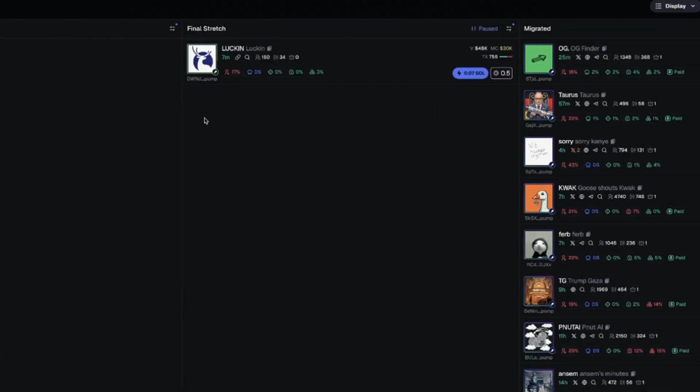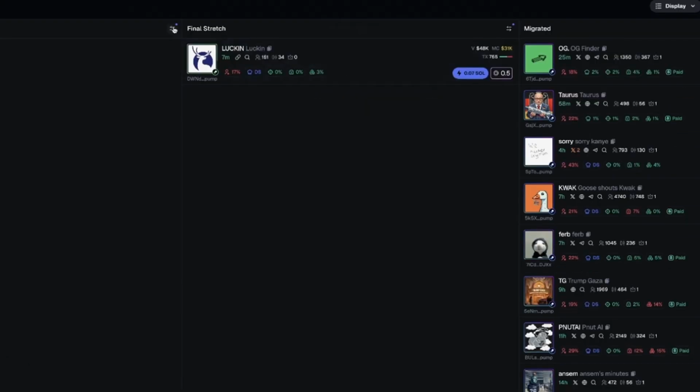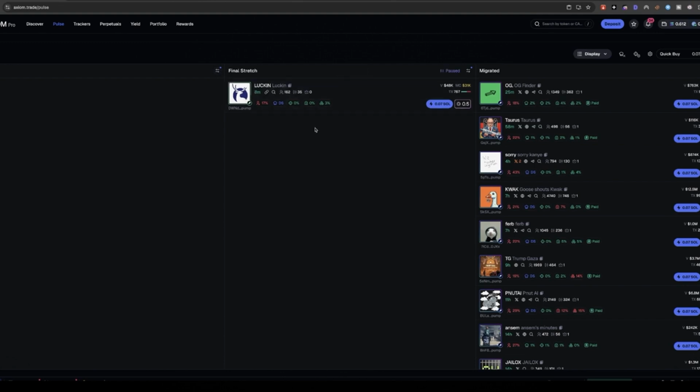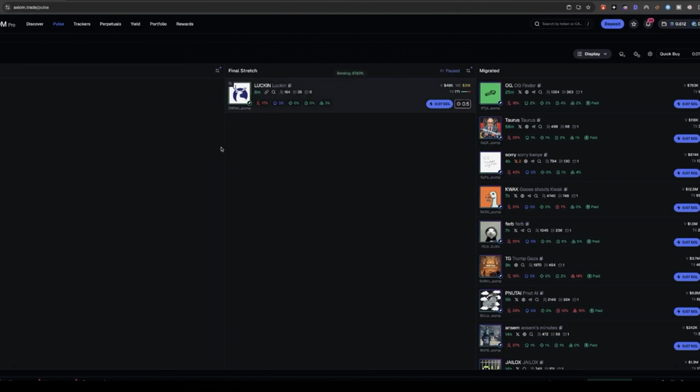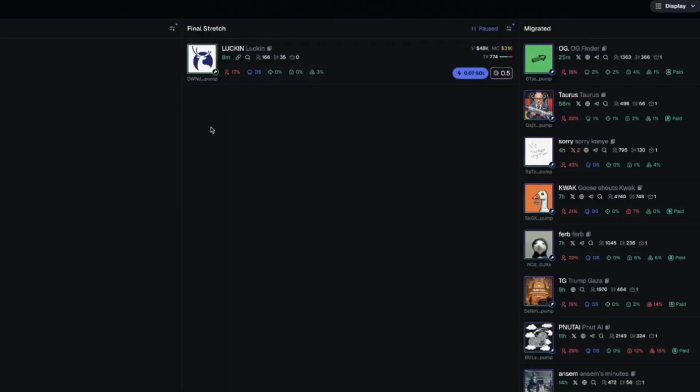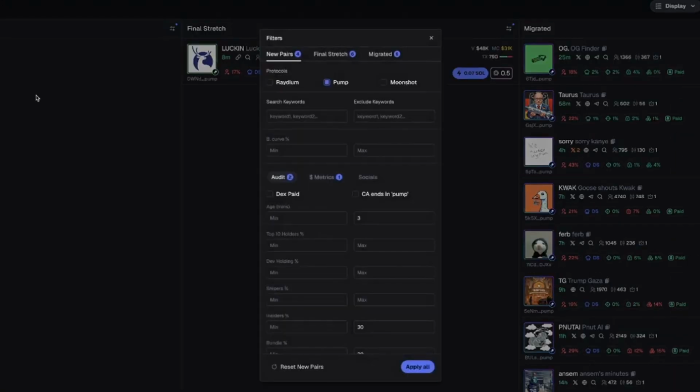So you can see that I've not got a lot of meme coins on the screen right now, and that is because of the filters. I completely siphoned it down just to try and get the best ones. And I'm not looking for a load of different tokens on my meme decks at the moment, because there's just not enough volume in the space to really be pumping it to an extra level. So in the new pairs section, here's what I've got for the filters.